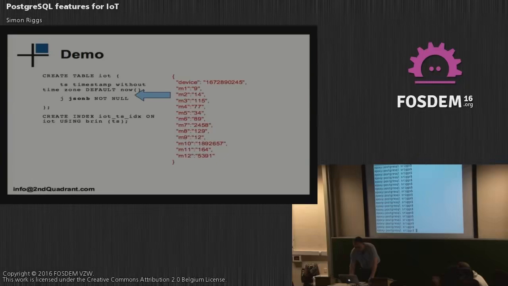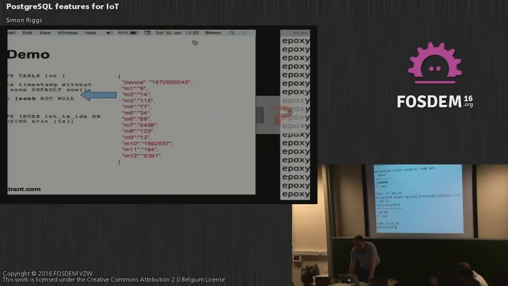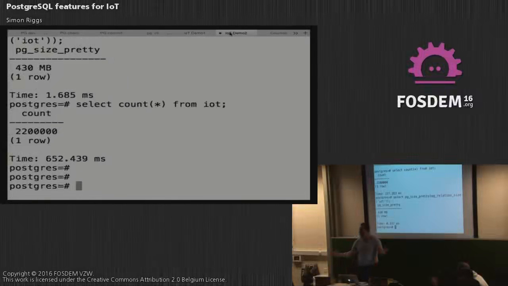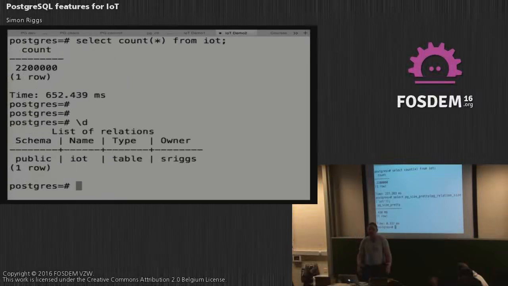So what I've done here is just set up a simple database. As you can see, I've got a single table in the database, as I've just described. The current table has got 2.2 million rows in it, and that is 430 megabytes. So rather than do anything attaching to the internet, I'm just going to give you a demo just straight off my laptop. Okay. So if we truncate that